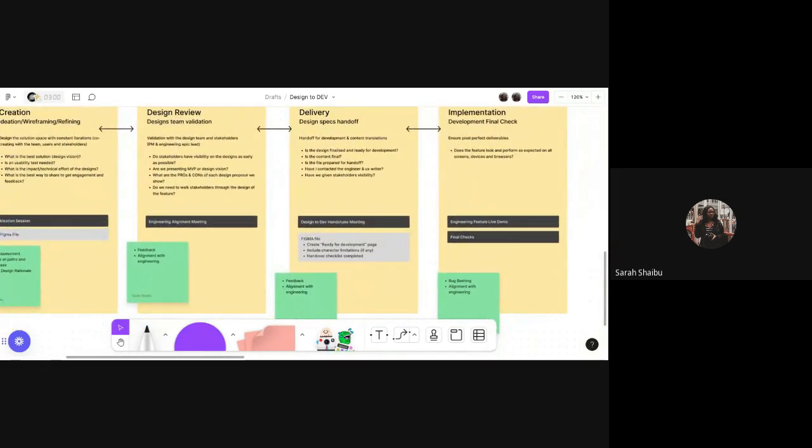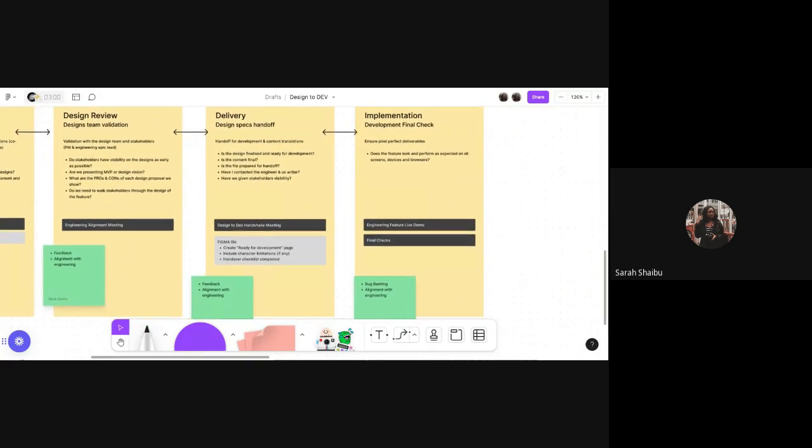Next will be the delivery phase. So at this point, this is where we have our design to developer handshake meeting. And this is where we have the feature or design walkthroughs where we invite developers and we're showing them the finalized design. If it's complex, walking them through what has been designed. Here again, it's an opportunity for them to see a lot of screens, a lot more interactions, give as much feedback as possible, confirm that they are completely aligned with everything that we're doing. And at that point is where I hand over the ready for development file to the engineering team.